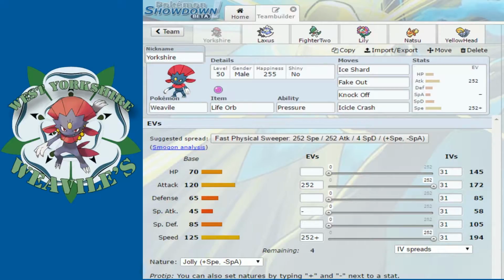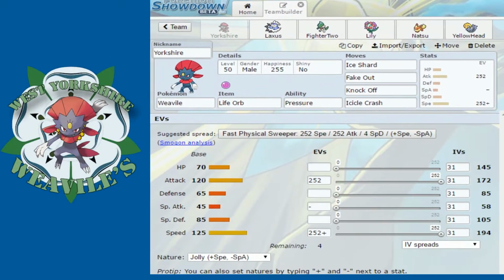They have Gengar, Suicune, Whimsicott, Entei, Aggron, Manectric, Miltank, Mega Absol, Garchomp, Fortress, Virizion, and Aerodactyl. So, what we decided to plan for their team, we are bringing Yorkshire Weavile with Life Orb and Ice Shard, Fake Out, Knockoff, and Icicle Crush, with the stats of 252 in attack, 252 in speed, and we've got 4 points just to allocate, and we just shove those into